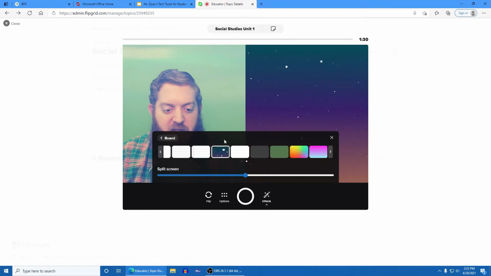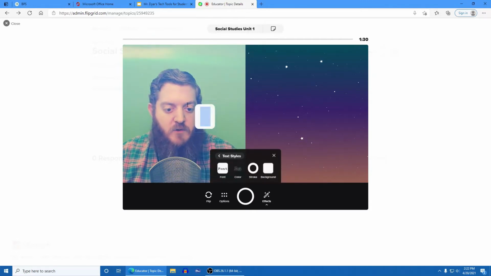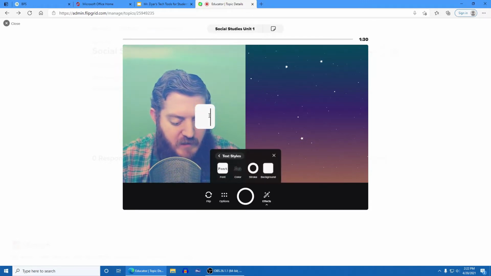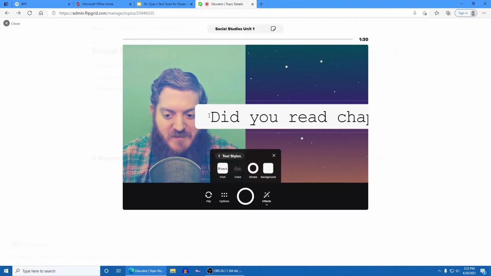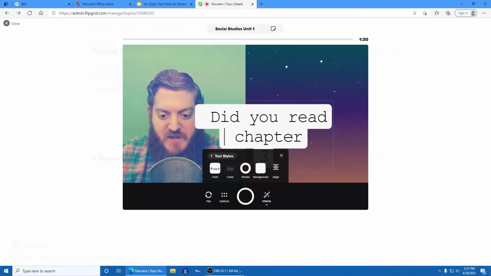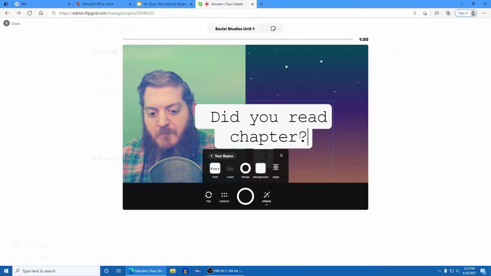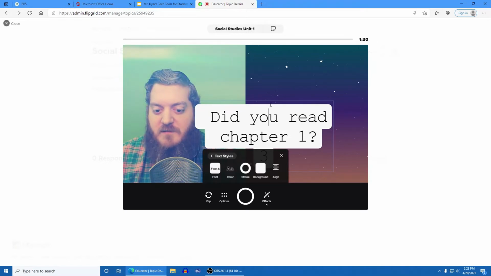So let's go with the galaxy theme, and let's do a little bit of text work on here. You can include text from typing, which of course is going to be a nice swift way to get an answer out. So as the teacher, I'm going to say, did you read chapter 3? Let's put a space there so we can see all that. Did you read chapter 3? Oh my, chapter 3, where did it go? Let's make it chapter 1. How about that? I think that was our topic anyways, Unit 1. Okay, so now I have this title right here.